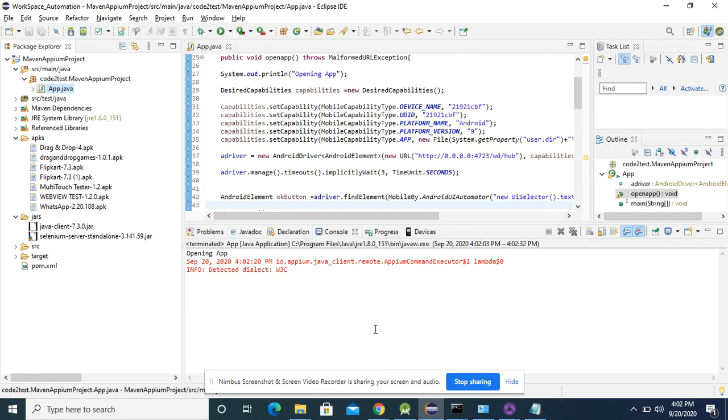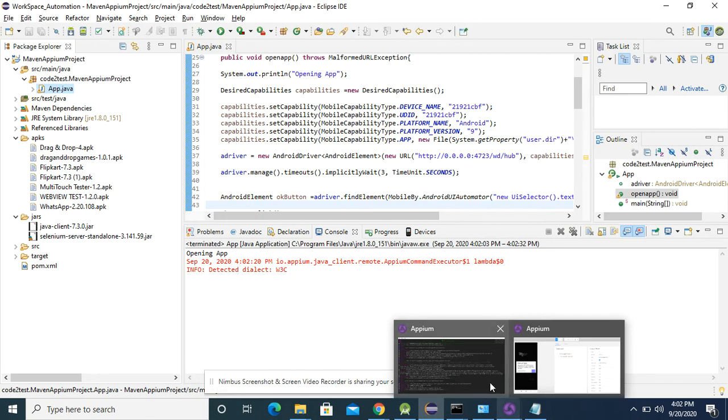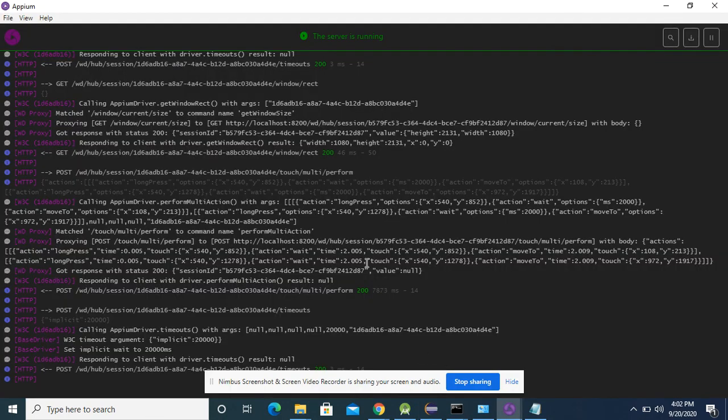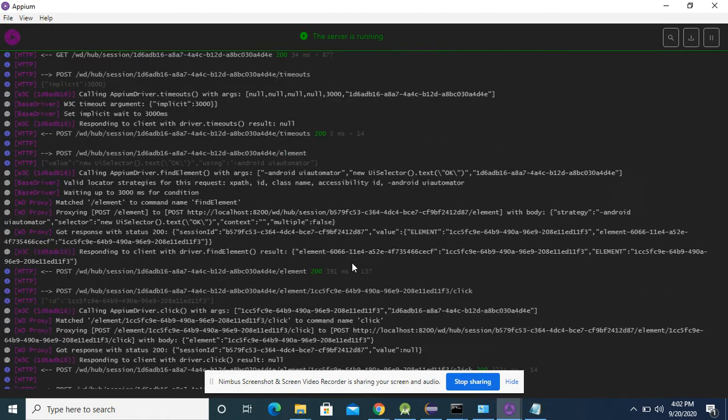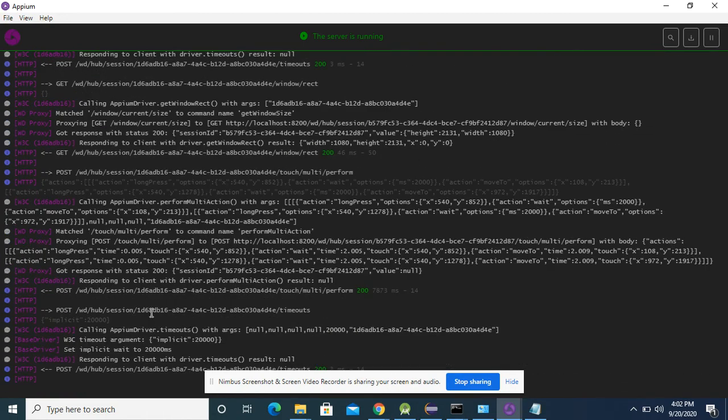We have successfully executed our script, and let's check the logs. The logs are successful. We are able to achieve all the tasks now. You can see that it did a long press. After that, it waited for seconds.